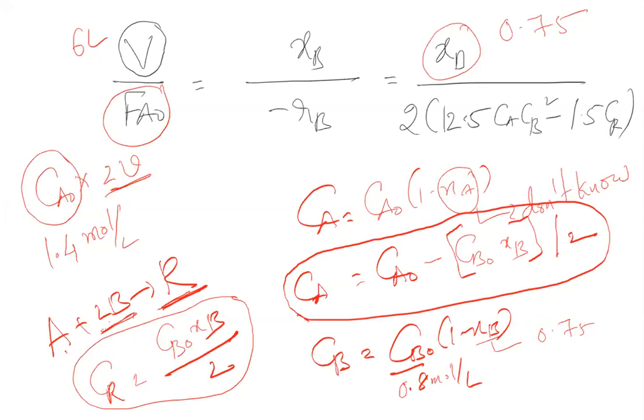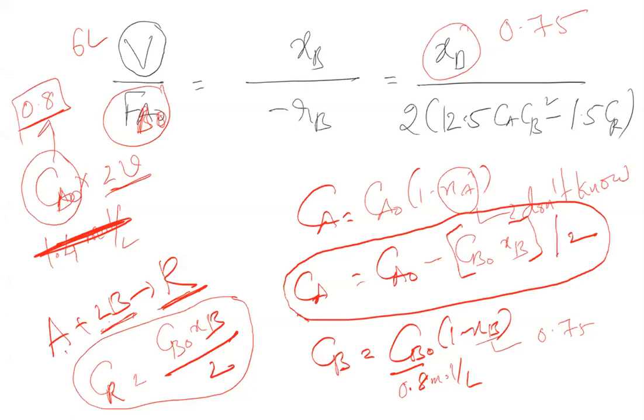So what is the answer that you are getting? You just need to substitute all the values. It is FB naught, not FA naught. How is FB naught given? FB naught is CB naught into 2V. What is CB naught? It is 0.8, just one correction.